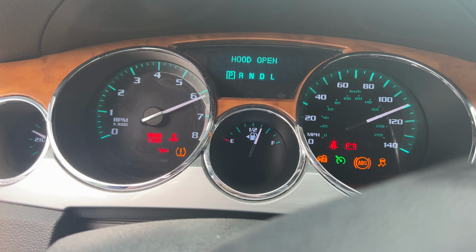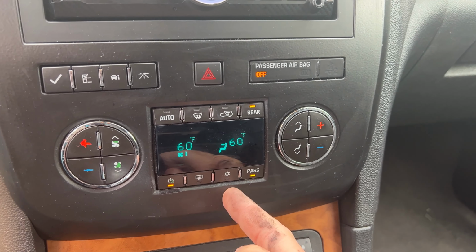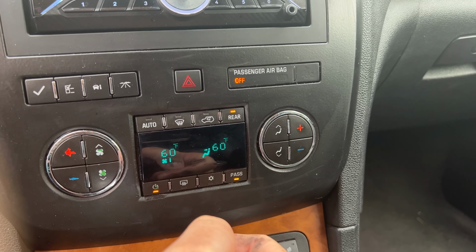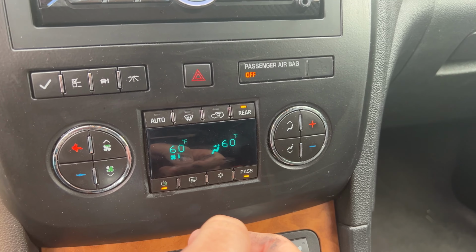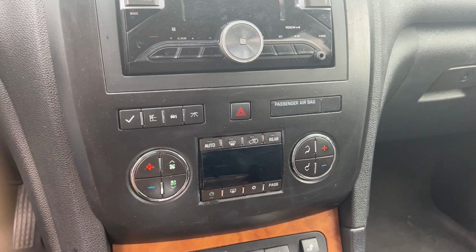All right, so I just started the car. So now I'm going to show you that the AC does not want to kick on. It's all the way on cold. And then I'm going to hit the AC button and it just flashes. So that right there is telling me that it does not have enough pressure. So now what we need to do,